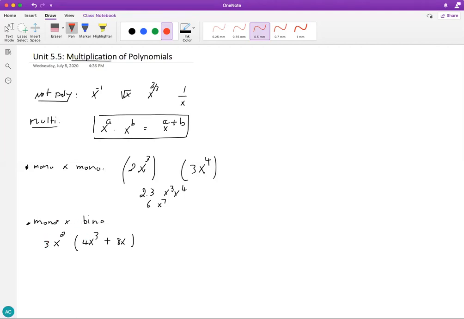When you multiply, what is another name for this property? It's multiplication, or it has another name of another property. It's called the distributive property. When you distribute, or you multiply,